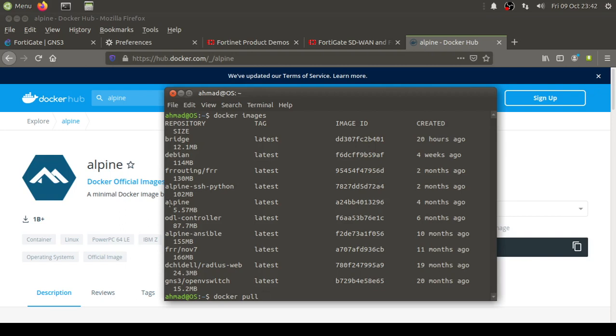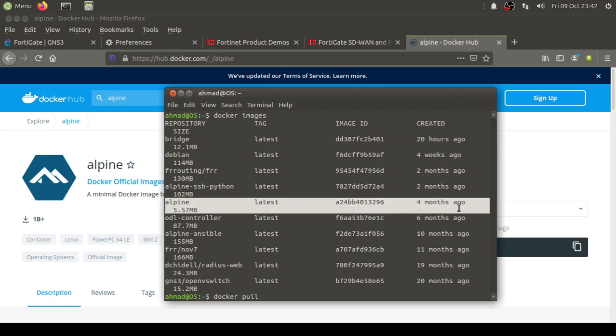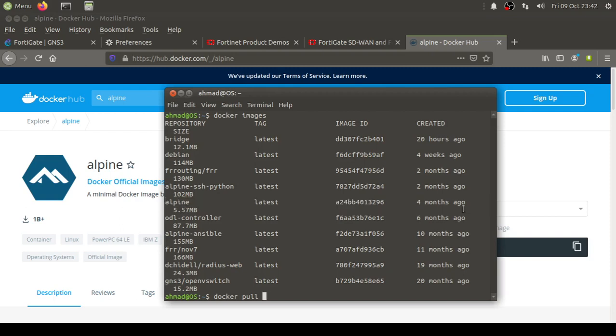Once you pull it, you will get this. Now this image has most of the things, but I checked it, and this image does not support by default the utility that we are interested in. So we need to install it. To install it, we need to execute docker, make this image run, do the necessary changes, and then save that image. So to do that, I'm going to type in docker run -it and the image name, which is Alpine, and once it runs, it will drop me into a shell.